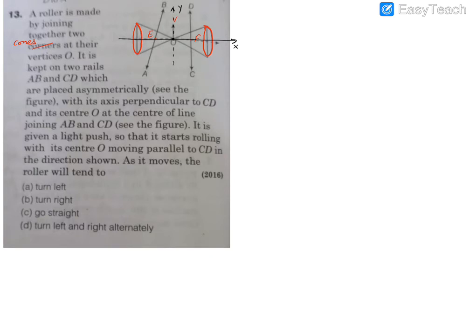What else is going to act? A normal reaction. So the normal reaction is very important to visualize. Now how does the normal reaction act? Normal reaction acts perpendicular to the contact surface. So this is the line which is in contact in this particular situation. If you imagine it's a cone, there's going to be a slant surface, and that slant surface is touching this CD rail.